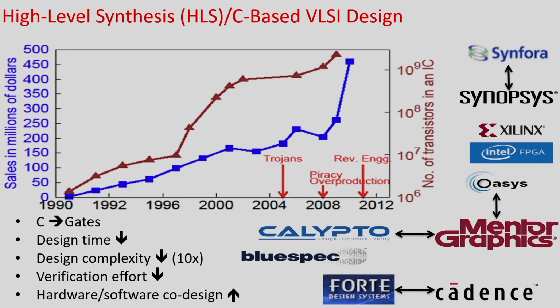So, you can see here almost all big houses, big EDA industries like Xilinx, Synopsys, Mentor Graphics, Cadence, they have a high level synthesis tool, which is a commercial tool now. Everybody has their own high level synthesis tool, and they are getting popular and widely used in the industry, and we are getting commercial chips that are developed through this high level synthesis tool. It is getting used to develop practical ICs in the current EDA industries.